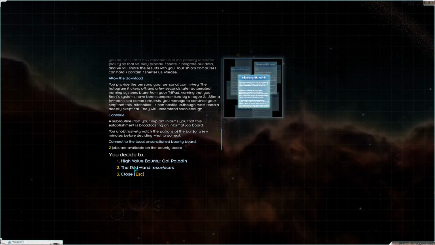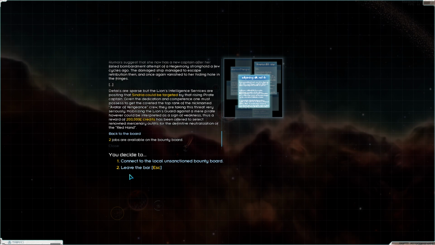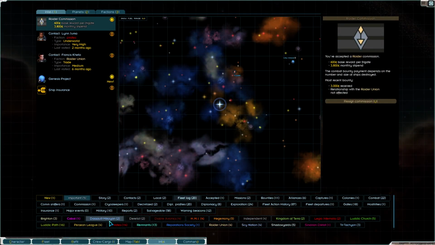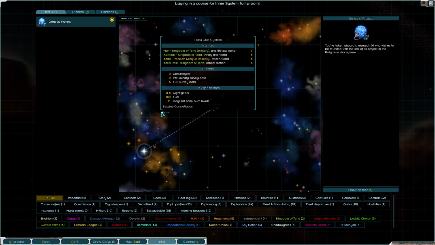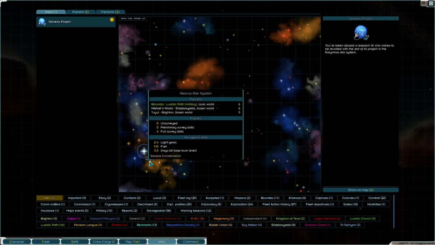So, local bounty board. I think these are all things we can't do. So, that's fine. Comm directory, we don't have an officer here. That's fine. Let's see. We're just looking for a job here. Genesis Project. You've taken aboard a research AI who wishes to be reunited with the rest of the project in this star system. Well, we do kind of need to go this way anyway. So we're going to go by, first off, we need to punch...